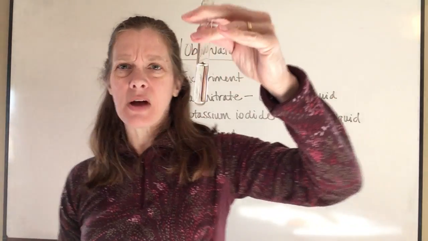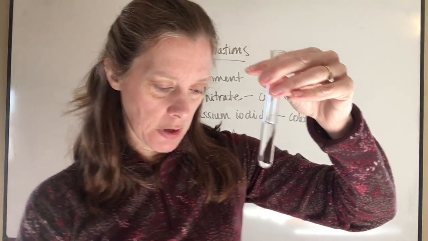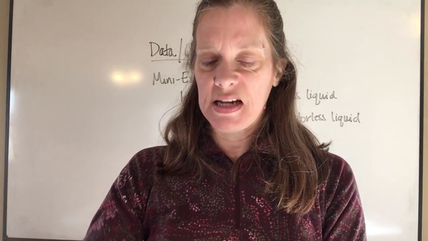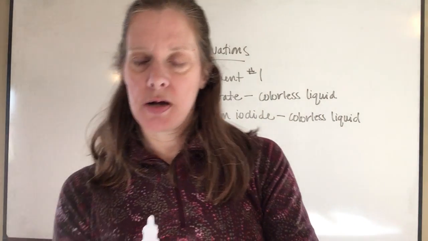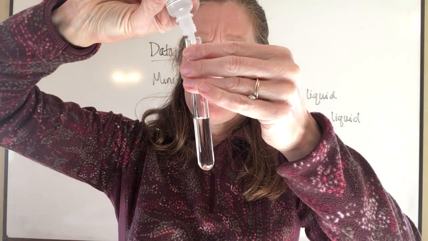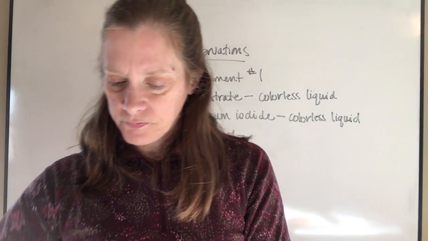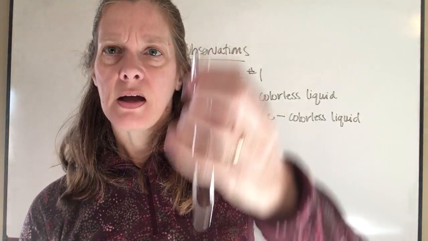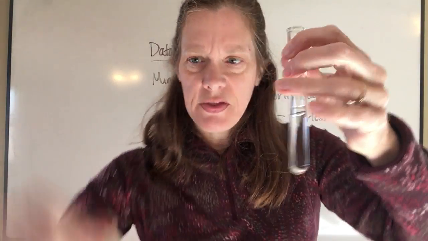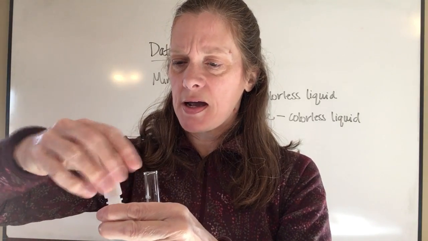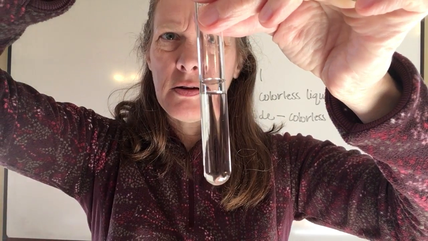So I have a test tube, and this just has some distilled water in it so that I can add a little bit of volume so that it's a little bit easier to see this. So I'm going to take the lead nitrate right here, and I'm just going to add a few drops of lead nitrate to this solution, or to the water. And as you can see, it's still a colorless liquid. And then if I take the potassium iodide and I add a few drops of that,